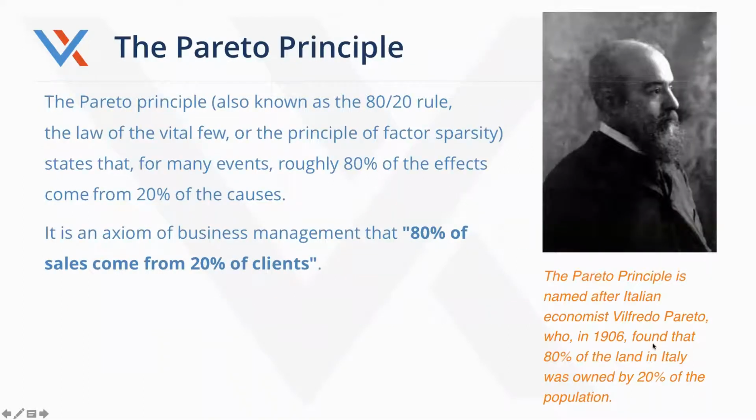So shifting forward, I'm going to talk a little bit about a couple of things, starting with the Pareto principle. I'm guessing that many of the people on this call are aware of this concept. It was started by Vilfredo Pareto back in 1906, talking about the idea that 80% of the land in Italy was owned by 20% of the population. That got translated into this idea that roughly 80% of the effects of an action come from 20% of the causes, which in business has largely been translated to 80% of sales come from 20% of clients.